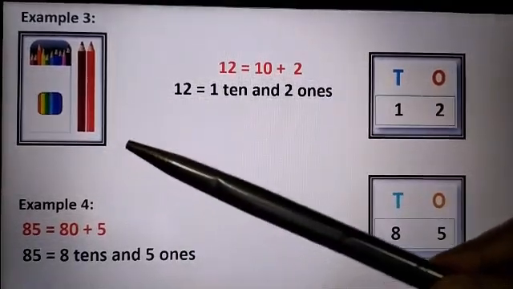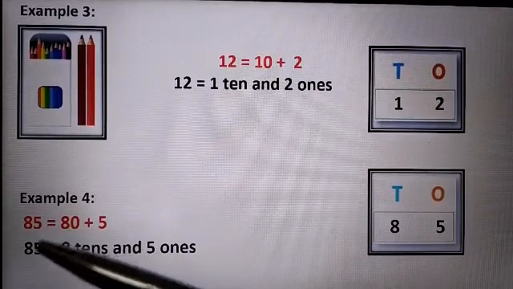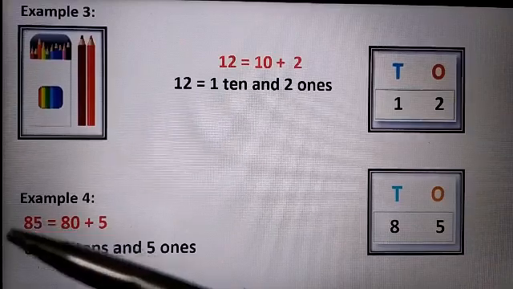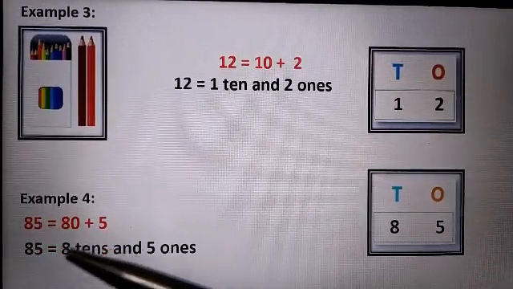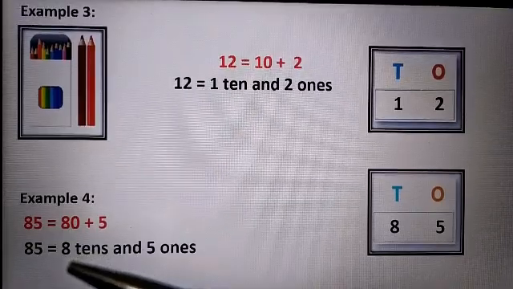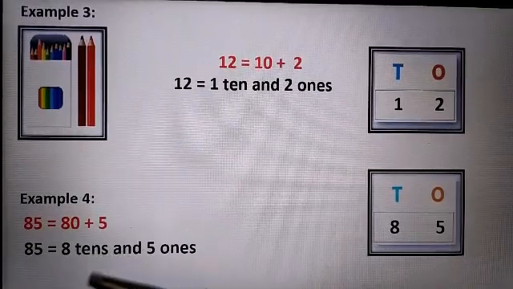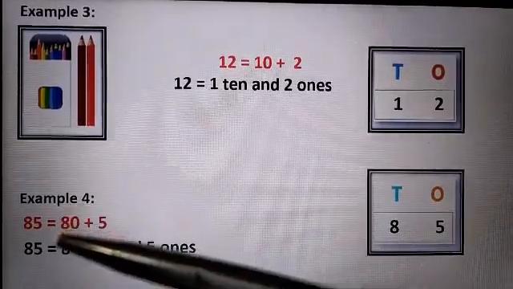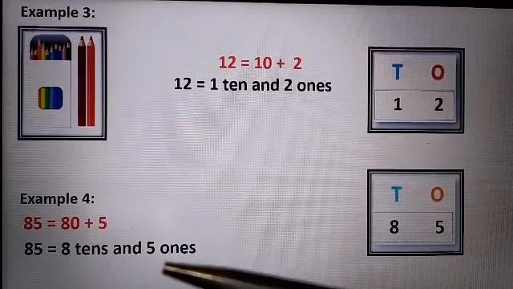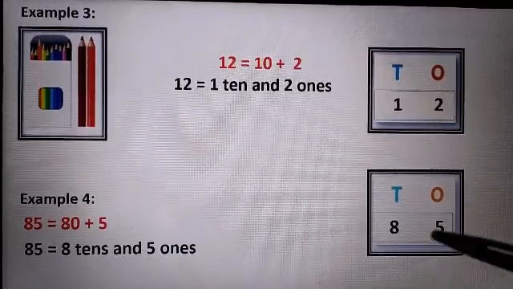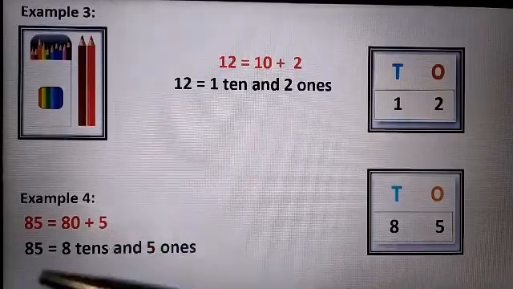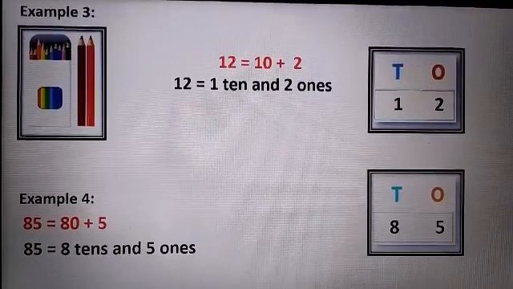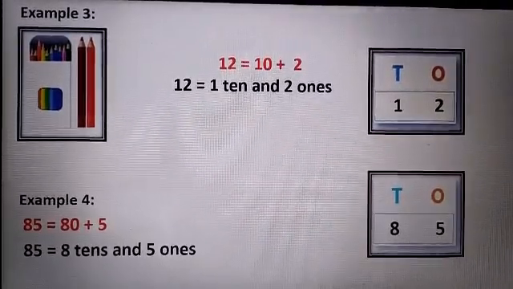So, 12 color pencils. Our next example is 85. Now, how will you expand this number, 85? 8 is on the tens place, so 8 tens. 8 tens means how many? You have to write 8 ten times. That is 80. Yes, 80. And 5 is on the ones place. That is 85. 80 plus 5 is 85. Okay, kids? So this was our expanded form of numbers.